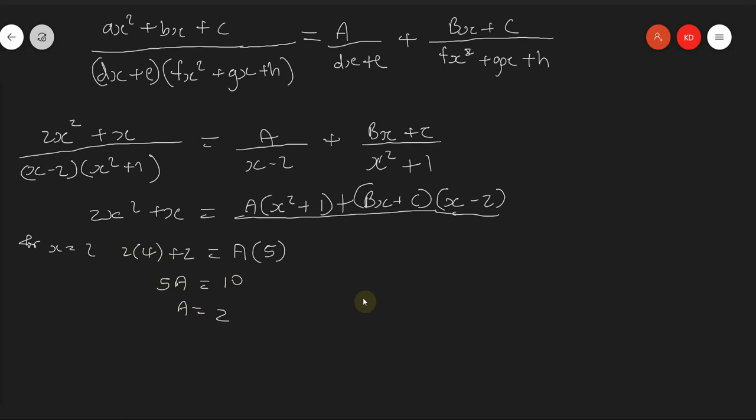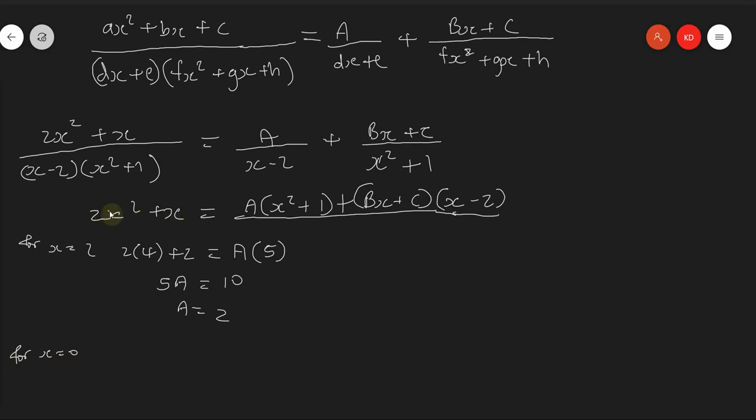Okay, great. So now for the next one that we're going to calculate, let's say we let x equal to 0. If we do that, then the b here would cancel out, leaving us with a and c. So let's just do that. So let's say for x equals 0, we have